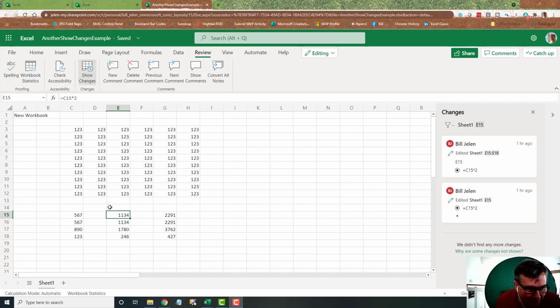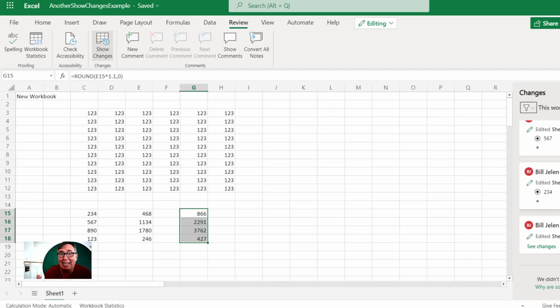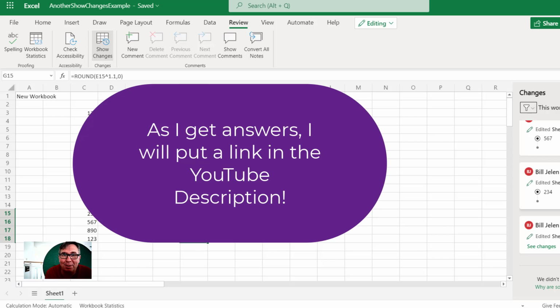Oh my God. Hey, another question I thought of. So remember this was 234 and this is 2 times 234. I changed this to 567, which changes this to 1134. Does that change get logged? No, it doesn't because I didn't change the formula. So I right click here and show changes. It just shows the change I made an hour ago where I typed in the formula, not the fact that this formula changed as a result of some other input cell. Good to know. This actually opens up more questions than it answers, right?